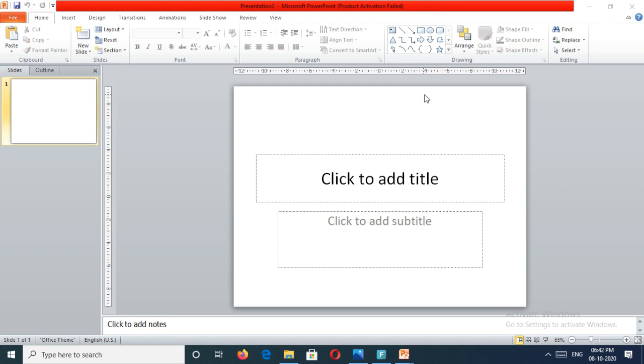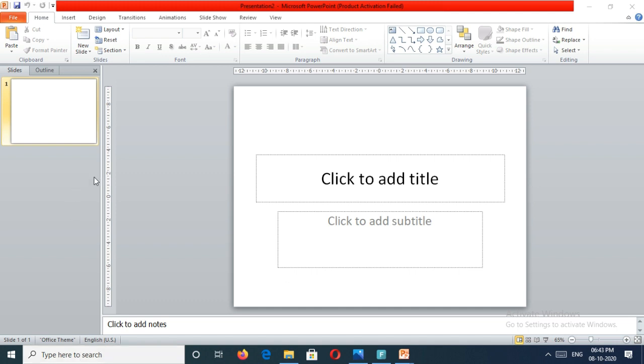Today I will teach more about PowerPoint. How can you give more animations to your slides? Okay, we already studied the basics of PowerPoint in my first video. Do you remember that one? I think you all know how to open PowerPoint. Just click on the start button and type PowerPoint, then you will get a PowerPoint window. Okay, understood all of you?